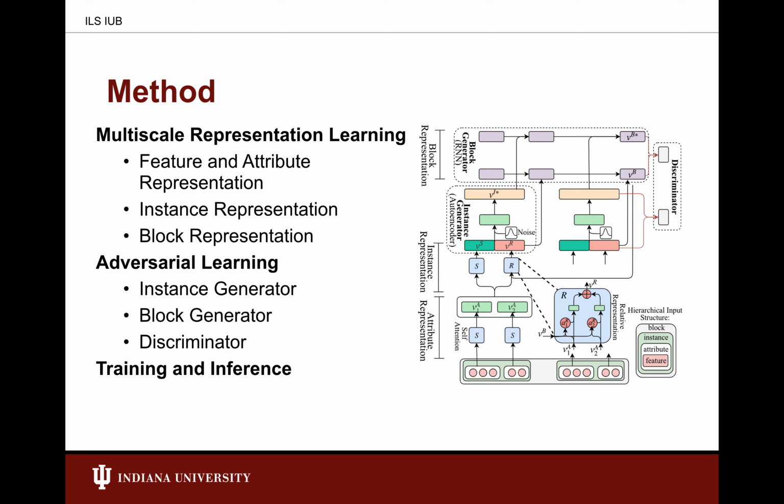And then after we get the attribute representation, first, we use a self-attention to get VS as a part of the instance representation, and the second part, we use our defined relative representation gate to learn VR, and in the end we concatenate VS and VR together as the final